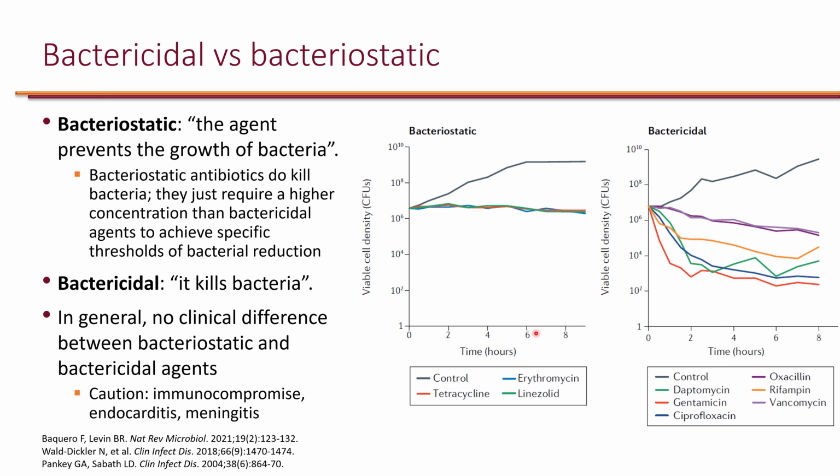So here on the x-axis, we're looking at time, so 2 hours, 4 hours, 6 hours, and 8 hours. And on the y-axis, we are looking at cell density measured in colony-forming units or CFU. So the first line you see is essentially the control,